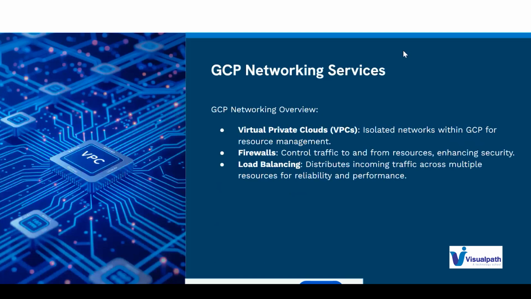This is one advantage I'm explaining, but let me show you the important things in GCP. One is the networking part. In the networking part, VPCs are there. Here also it's VPC, the same name; in GCP we say virtual private cloud. AWS also calls it VPC, and Azure calls it VNets, virtual networks. Also firewalls: in AWS we call them security groups, in Azure network security groups, NSG, and here we call them firewalls. And load balancing is also there, similar to what we have in AWS and Azure.